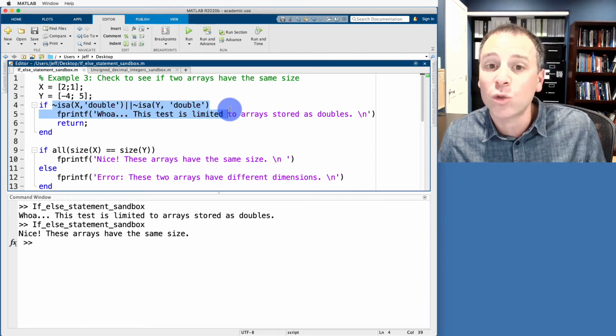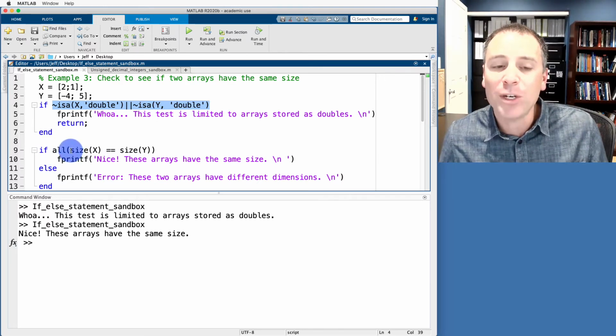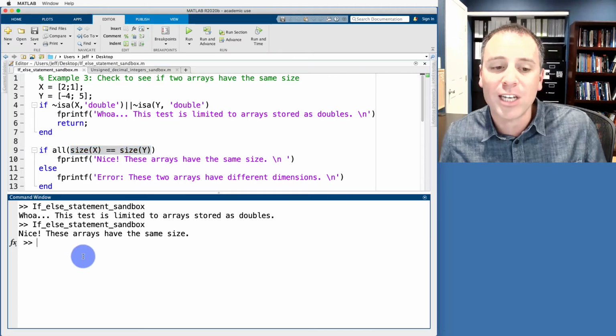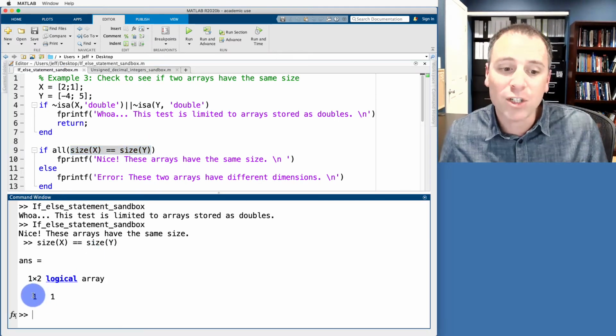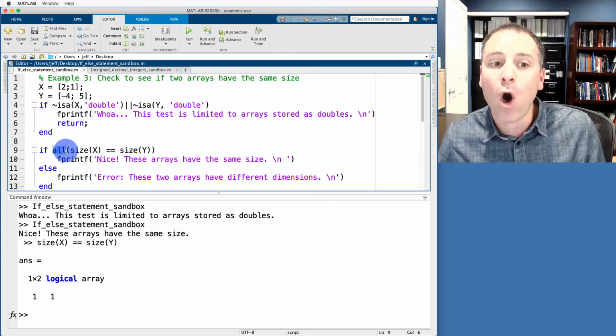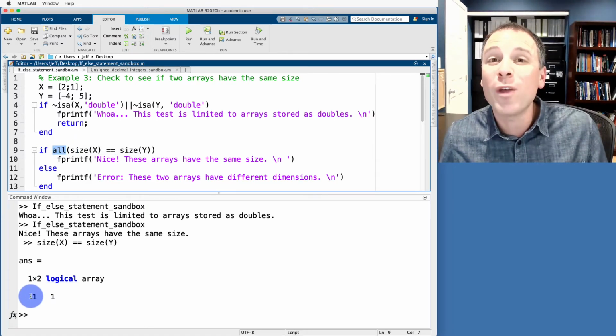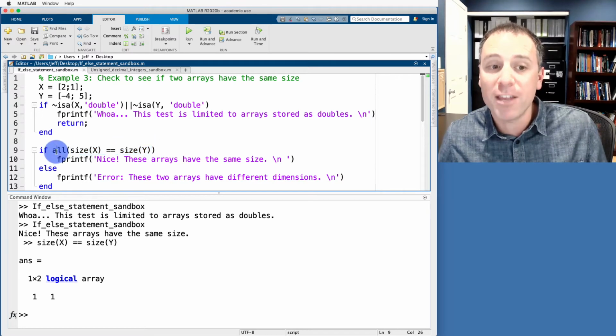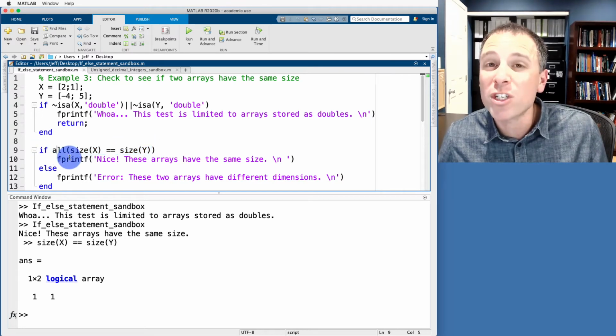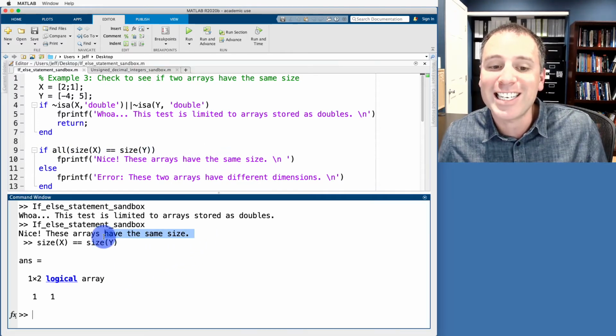The moment that the logical scalar in the condition of our if is 0, we skip that block of code completely, which is why it's not printing out in our command window. We drop down to the second if-else statement in this case. Then we check, is the size of x equal to the size of y? Well, in this case, the row dimensions are equal and the column dimensions are equal. Remember, the all function produces a true only when every individual logical scalar in the entire input is 1. So in this case, we're saying all of these are the same. This produces a 1, which means we drop into the first code block in our if-else statement, and we produce "Nice. These arrays have the same size," which is exactly what we see here.